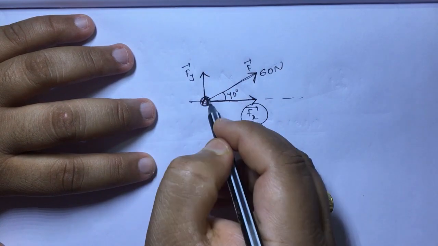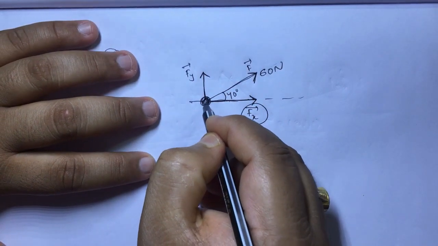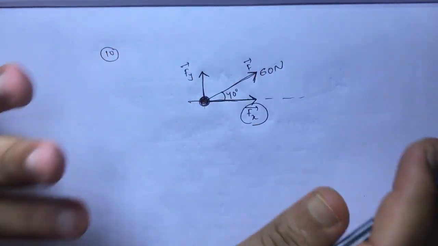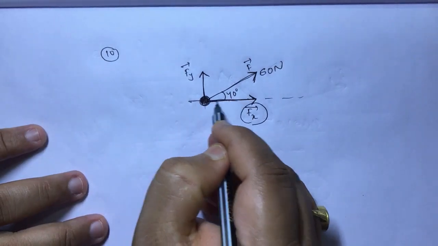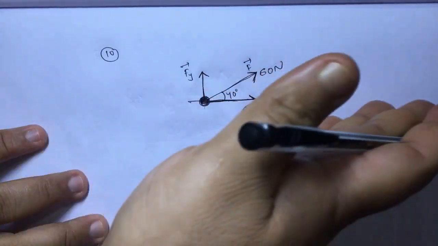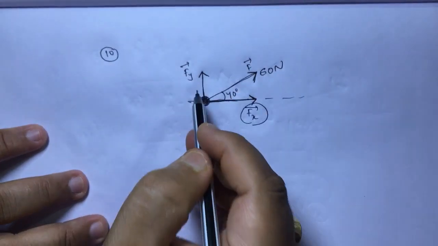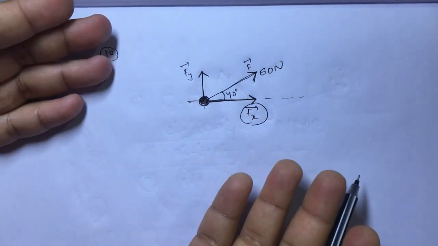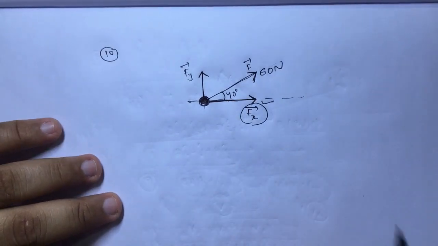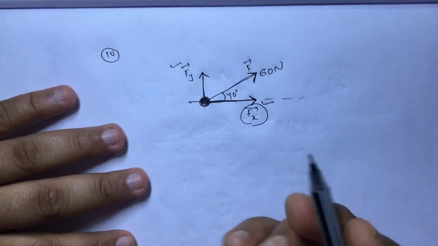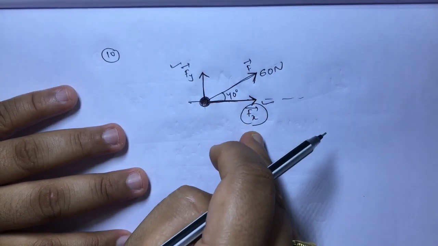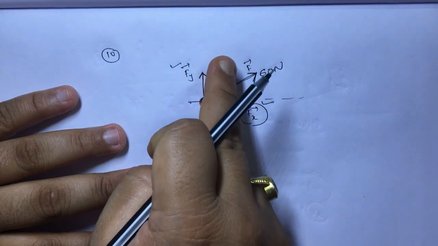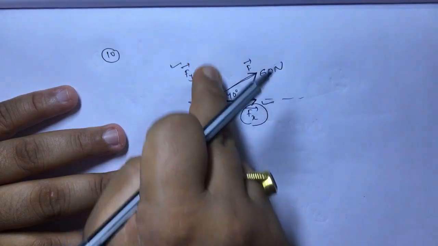Now the stone may move upward, may not, because its weight is there. If the force is more than that weight, then it will move upward. That's a different thing. But there will be a force towards this direction which will try to take the stone along the ground, and this force will try to take the stone in the upward direction. So there will be two things, and those are the questions: what is the force along the horizontal direction and what is the force along the vertical direction? Calculate the force which tends to move the stone along the ground, and the force which tends to lift the stone, means move it in the upward direction.